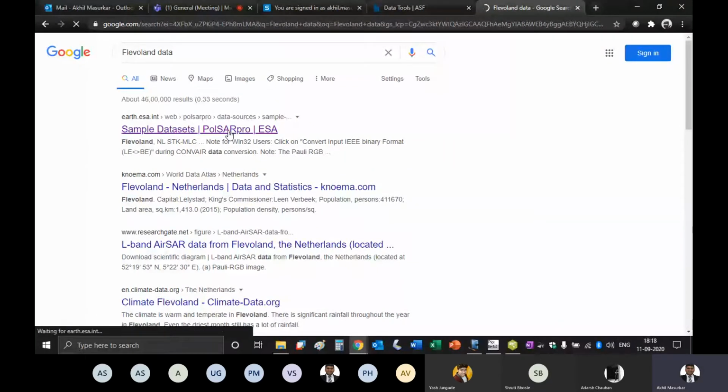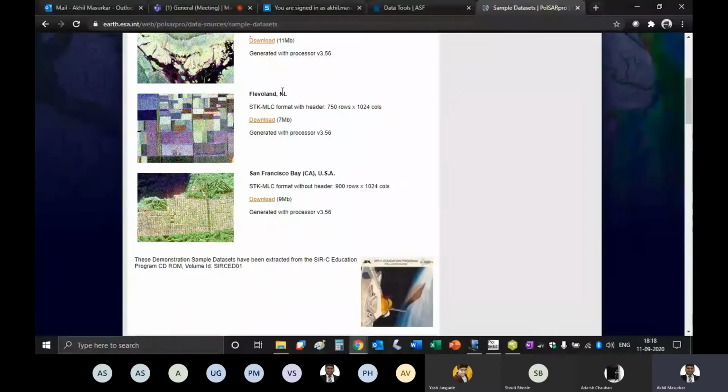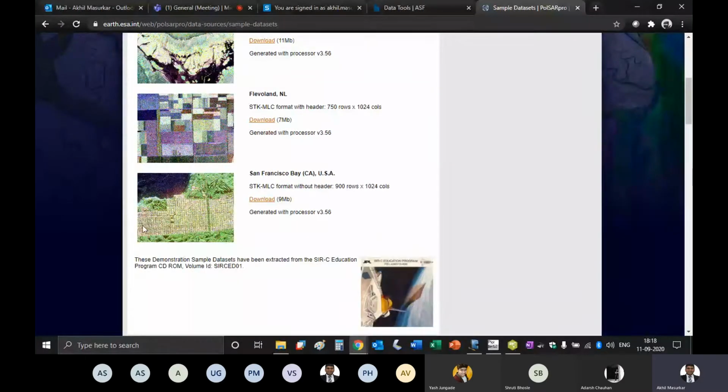Just click on the first link and you can see this file just below it. So these are all AirSAR data. One has a mountain region, one has only agricultural land and a few water bodies, and this one has settlements, then mountains and water bodies.